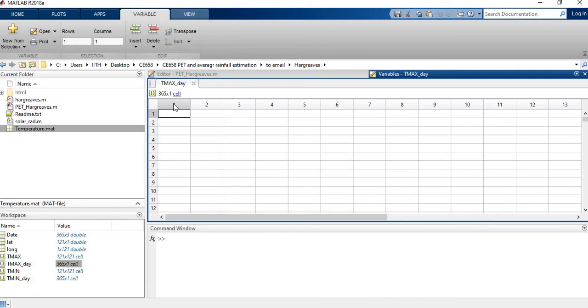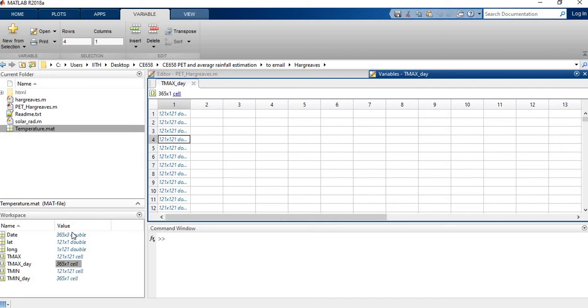Its size is 365 cross 1, which means there are 365 matrices, and each matrix has a size of 121 cross 121. The first matrix is the maximum temperature for day 1, this is day 2, this is day 3, this is day 4.